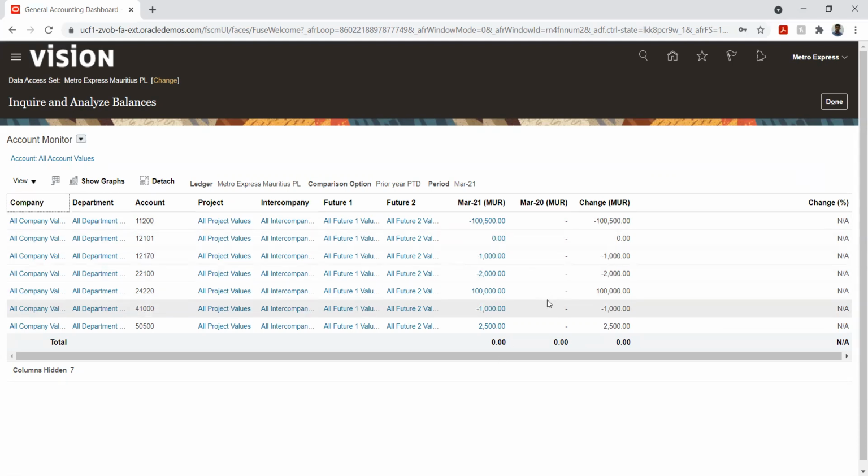All the transactions that we made are on the 31st of March, so that is why it is showing the values here, but for the March period we don't have any transaction. The system has calculated and it is saying that there is a change, and this is the change in value.